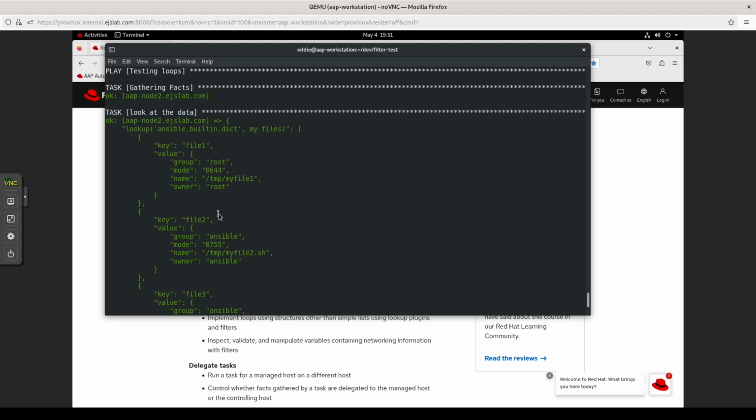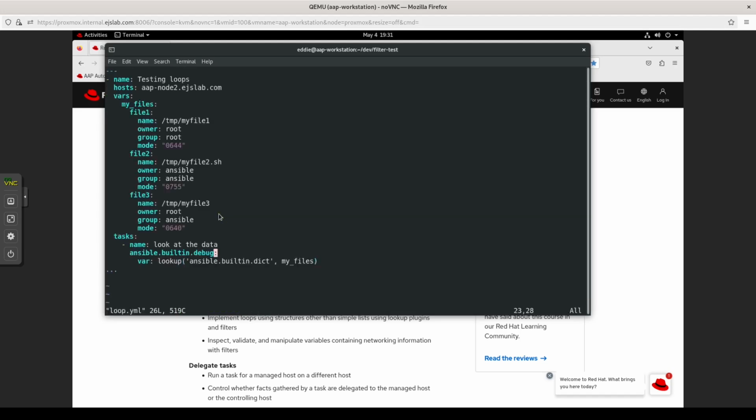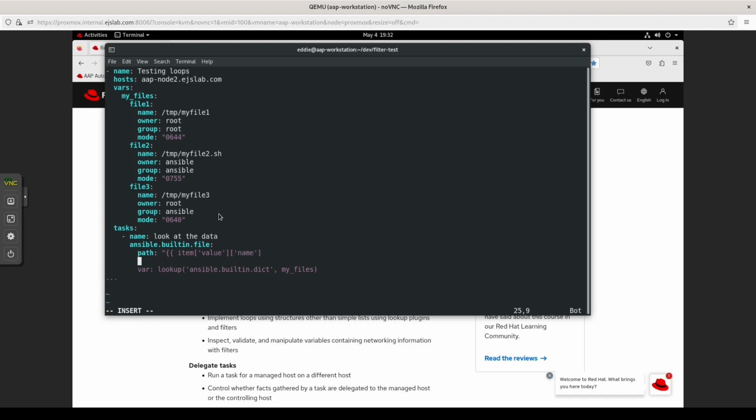And so what would happen if we actually did the deed? We turn this back into this built-in file. And so we would have path. It's ultimately going to be item, and it's going to be value and name. Pretty sure is how this is going to work. The owner would be item